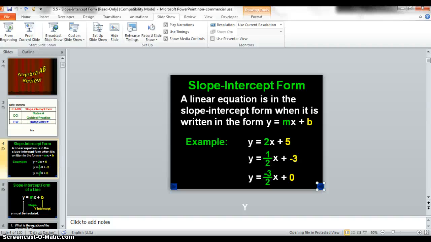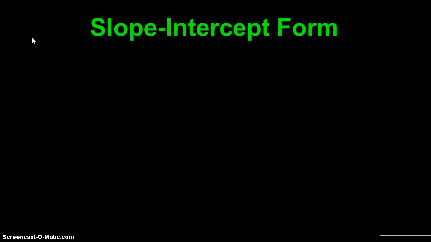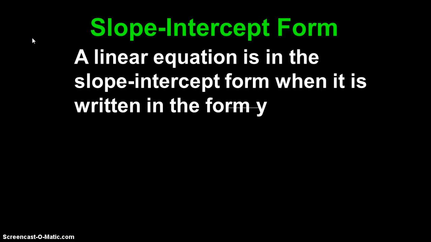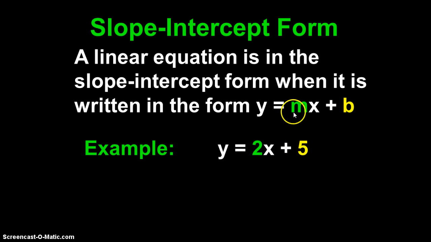Hi everybody, today we are going to talk about slope-intercept form. So let's look at our slides. Okay, slope-intercept form: a linear equation is in the slope-intercept form when it is written in the form of y equals mx plus b. So as you can see, b is the y-intercept and m is